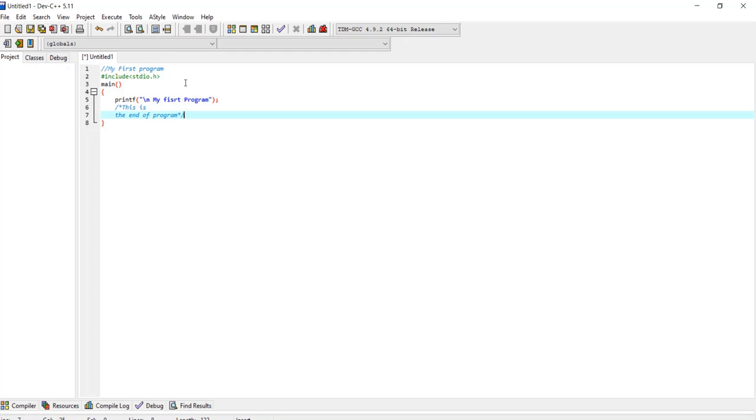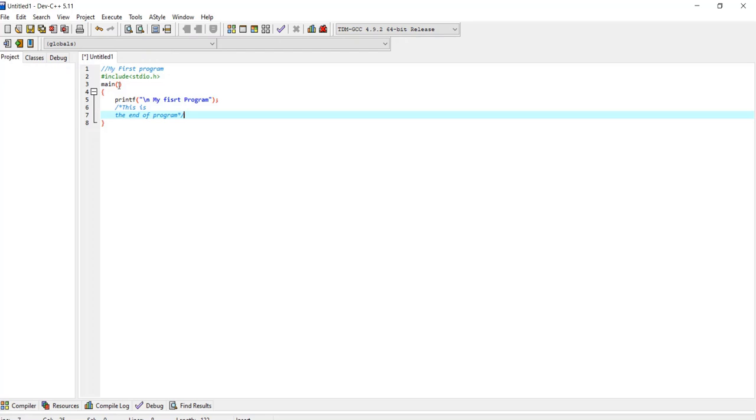Now in the next line we have written main. This is not only main, this is called the main function. How do you understand this is a function? Whenever we write a function, immediately after that we have to write parenthesis. As we learned in the previous video, C has a very rich library of functions, and main is also one of the functions.